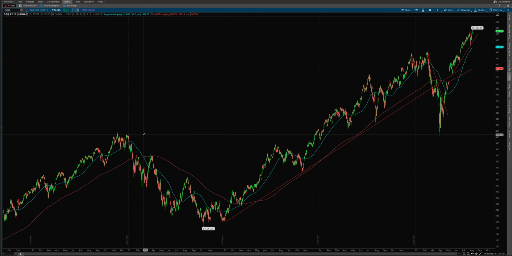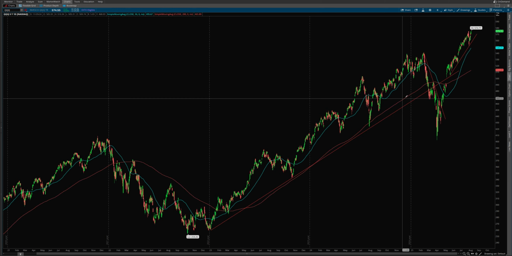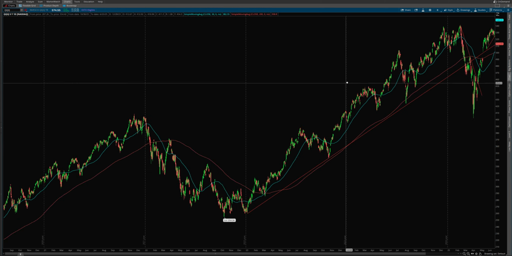The way that the stock market is designed, at least for the indices, it is different for individual stocks, but the indices like QQQ, you will see that the downtrends tend to be much shorter than the uptrends. And there's a lot of fundamental reasons as to why that is the case. But just remember that this is not a universal truth for all tickers, simply